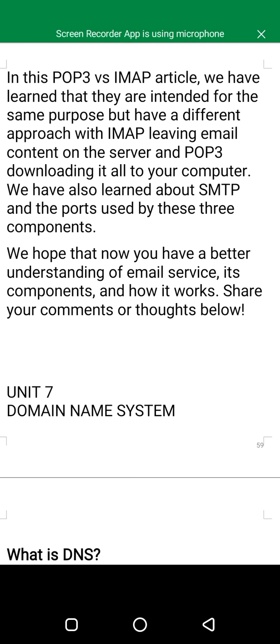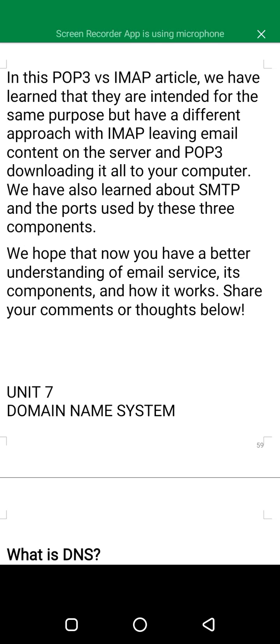In this POP3 versus IMAP article, we have learned that they are intended for the same purpose but have a different approach, with IMAP leaving email content on the server and POP3 downloading it all to your computer. We have also learned about SMTP and the ports used by these three components.